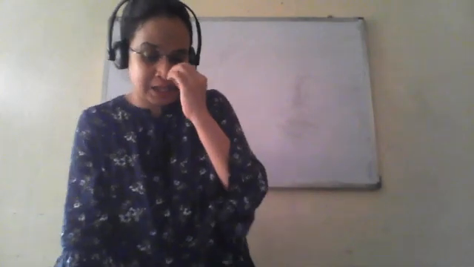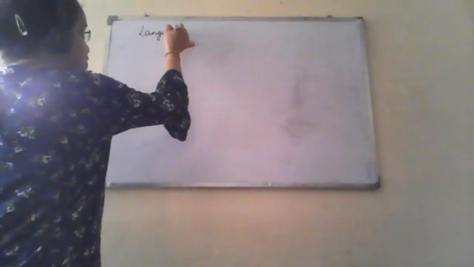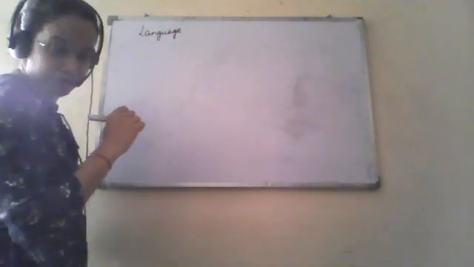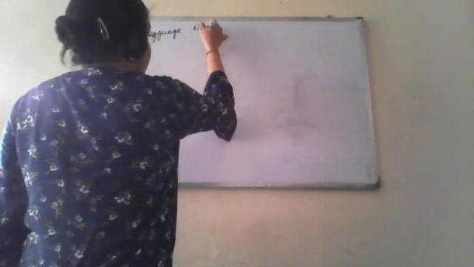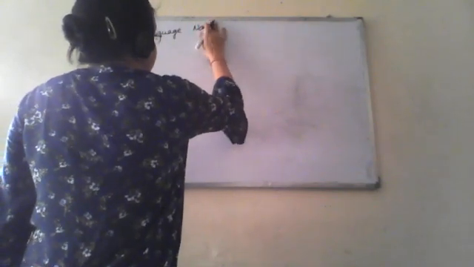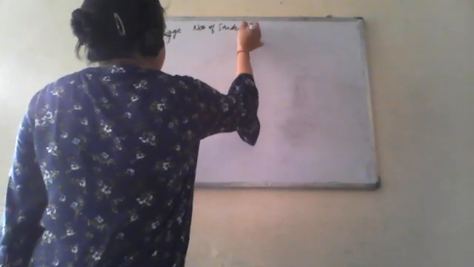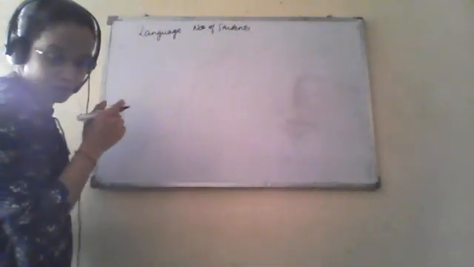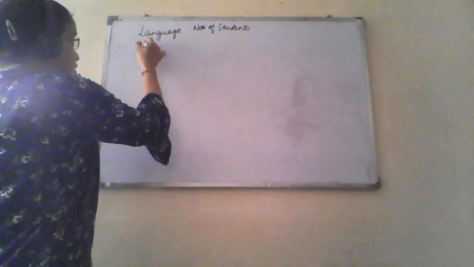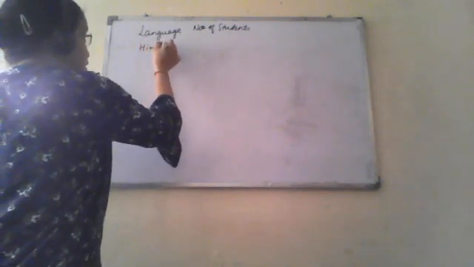The number of students in a hostel speaking different languages is given below. Display the data in a pie chart. So we have language, and we have the number of students who are speaking different languages. This is the number of students. Okay. So we have languages: Hindi,